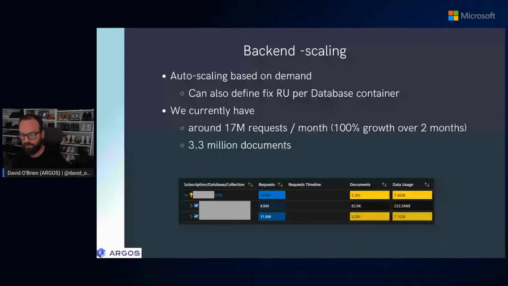We changed the filter scale to month. So roughly 17 million requests every month on this database. And we didn't have to change anything from when we had only 100 requests against this database to now 17 million requests.